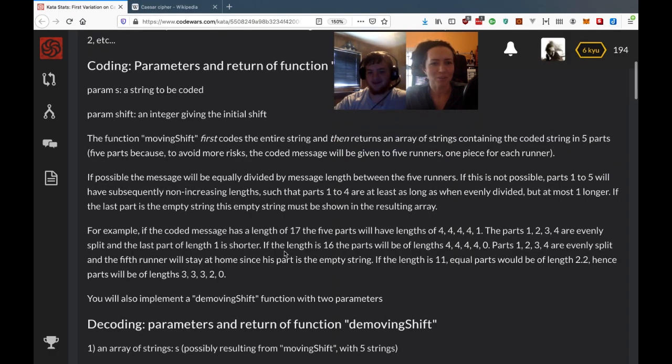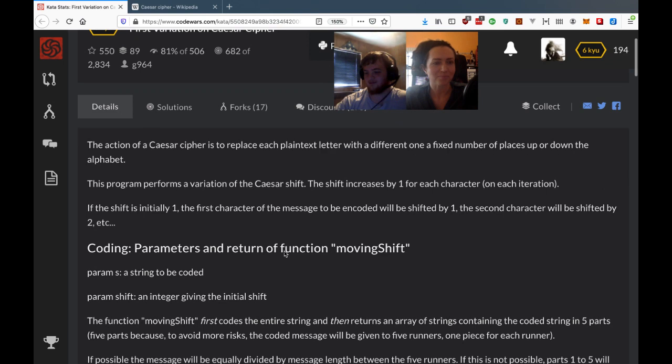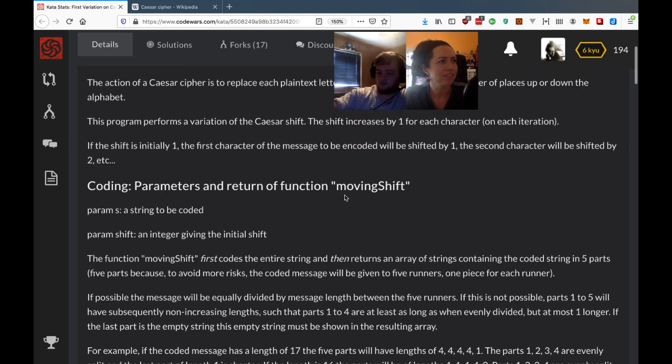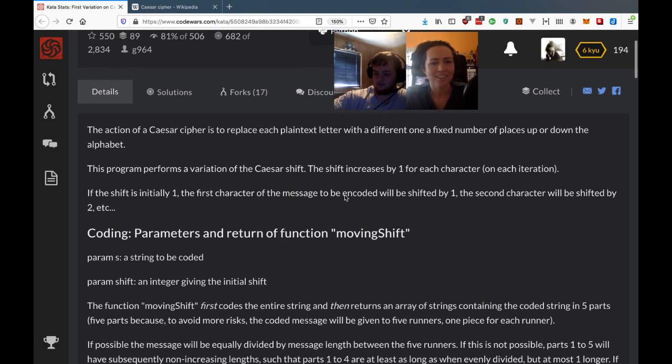So I'm going to read the description real quick. The action of a Caesar cipher is to replace each plain text letter with a different one, a fixed number of places up or down the alphabet.